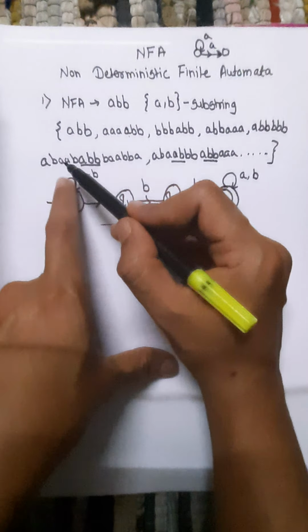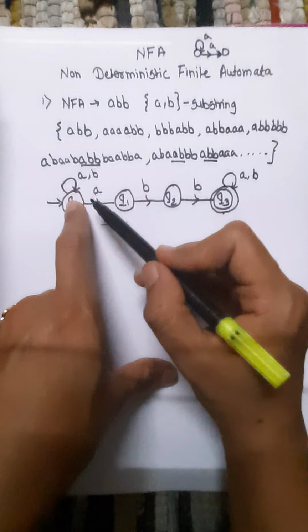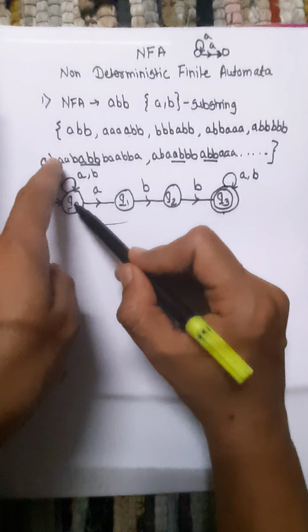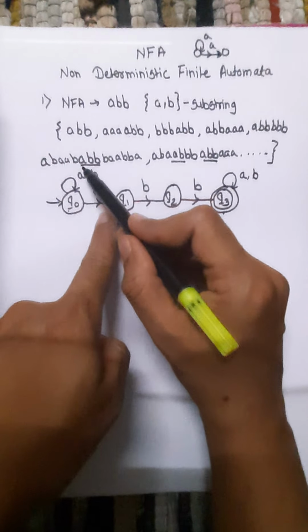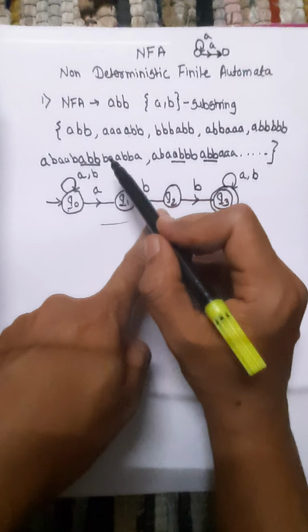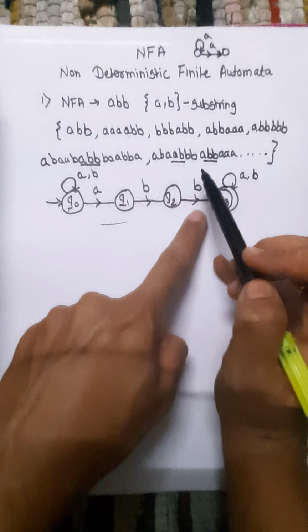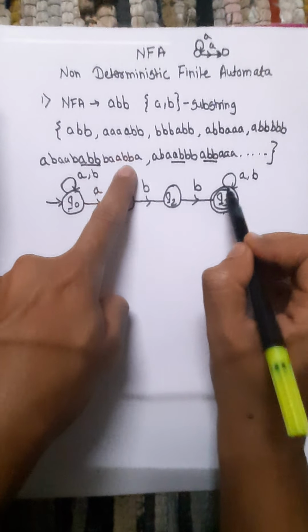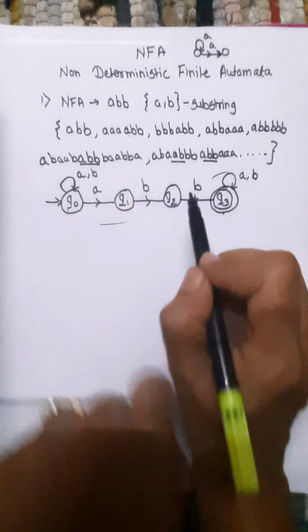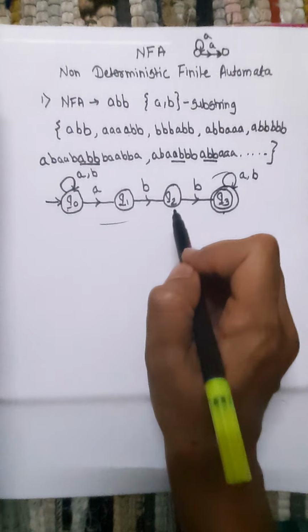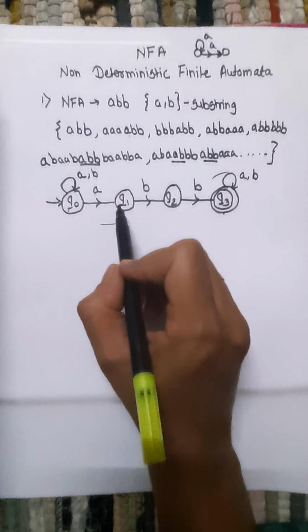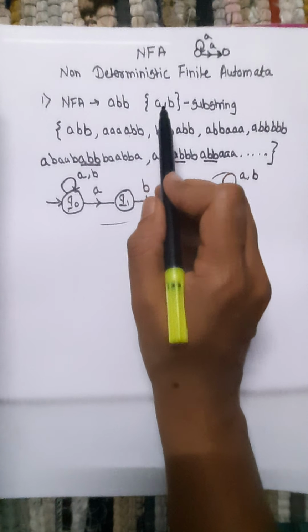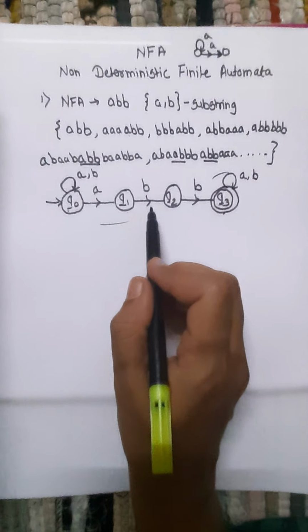So let's start. A, yes. B, here only. Next one is A, here. A, again self loop. B, self loop. A, this one. B, this B. Again B, means this B. Then multiple number of A's and B's. So B, A, B, B, A. So now this NFA is satisfying the question, like the string which is having substring ABB over an alphabet A and B. So this is the answer.